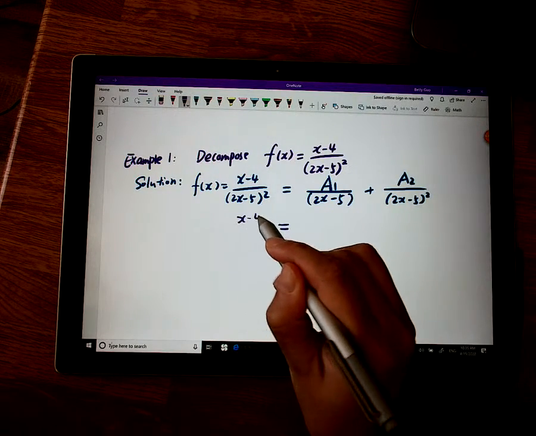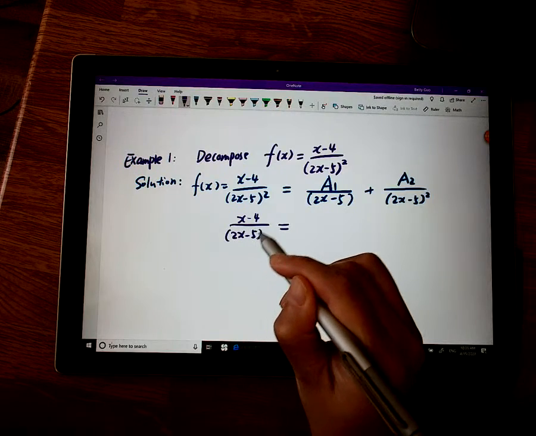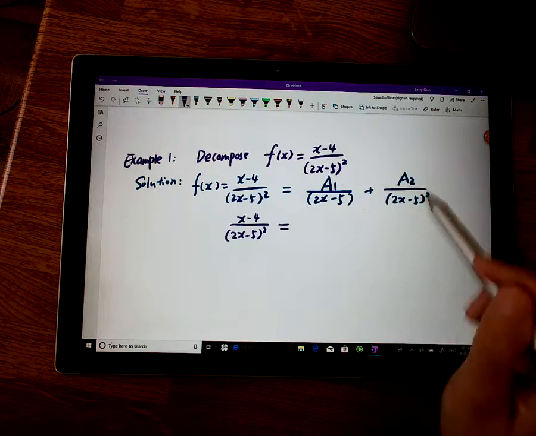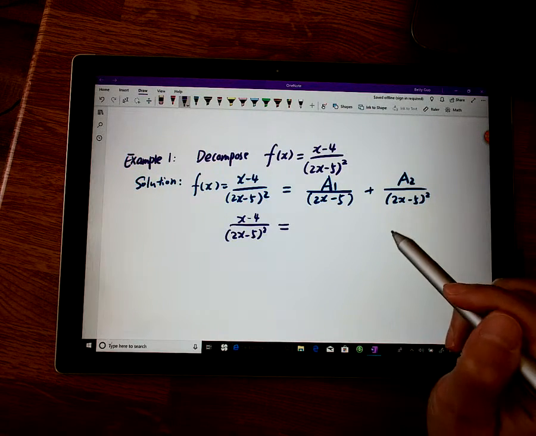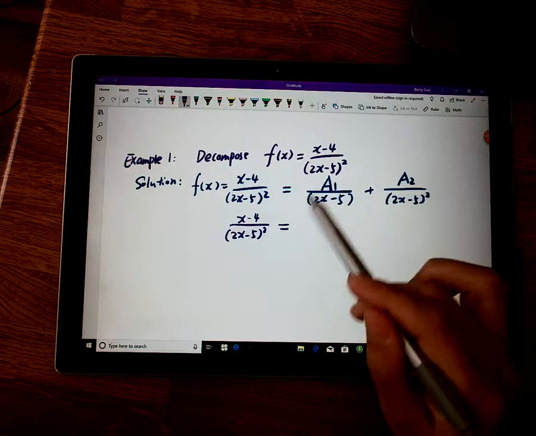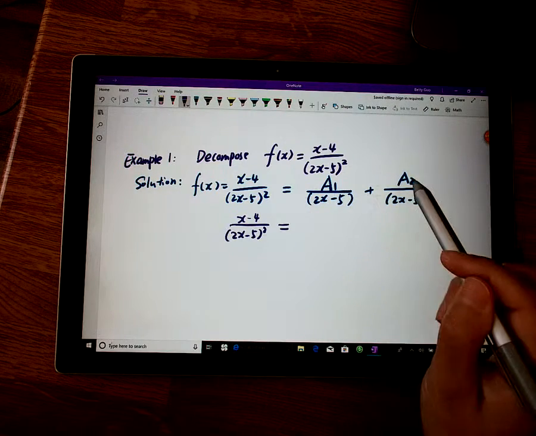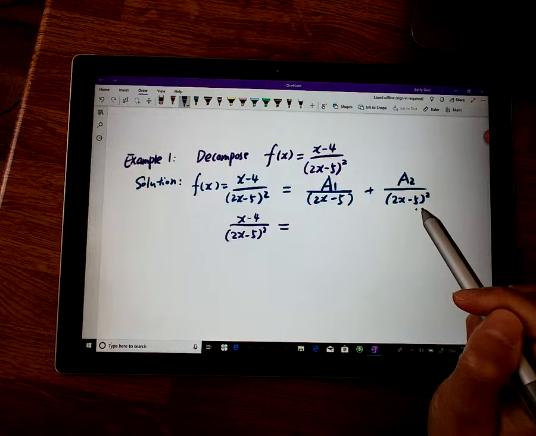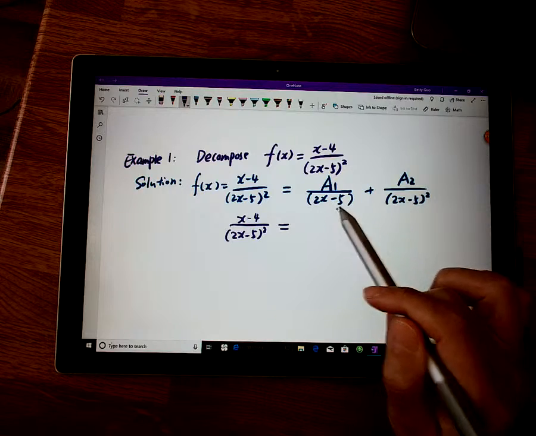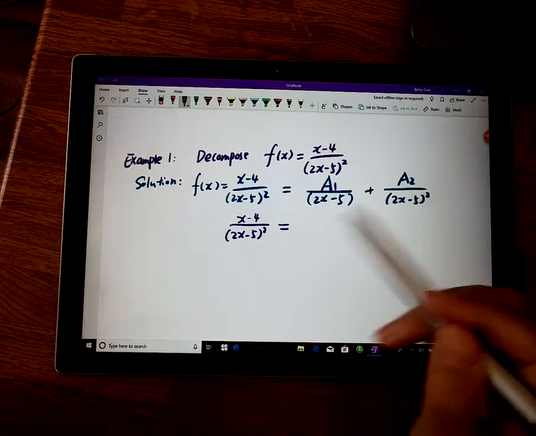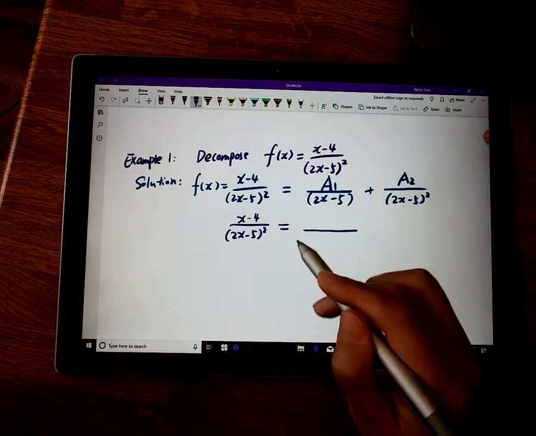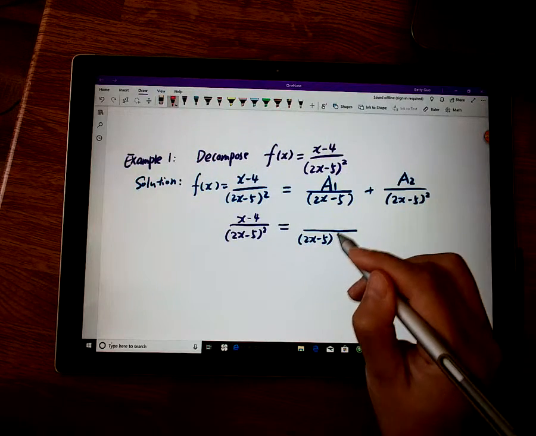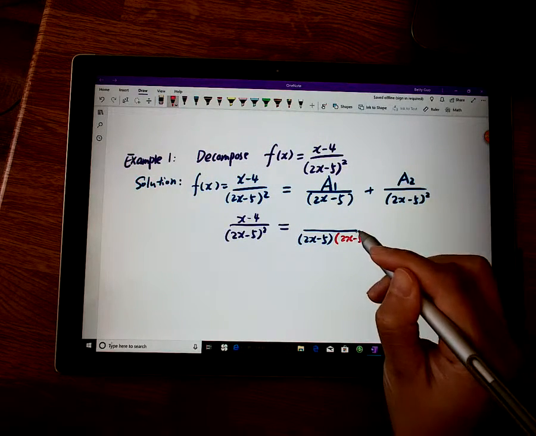We copy the left-hand side. We are going to add up the 2 rational functions together on the right-hand side. This is a rational expression. This is another rational expression. Knowing a sub 1, a sub 2 are 2 constants, they do not have the same denominator. Then we need to find the least common denominator, right? The least common denominator is going to be the square of 2x minus 5. So in order for the first rational function to have the denominator 2x minus 5 squared, we need to multiply both top and bottom by